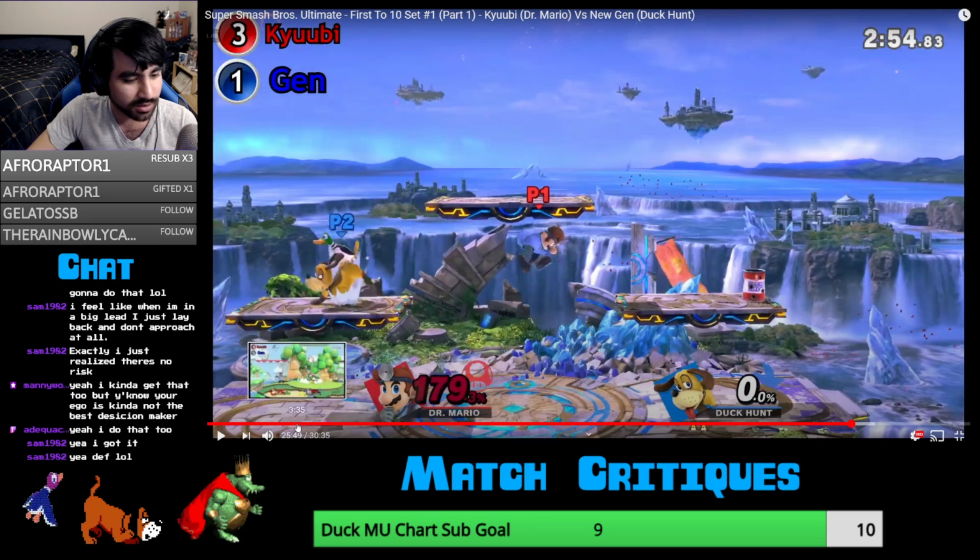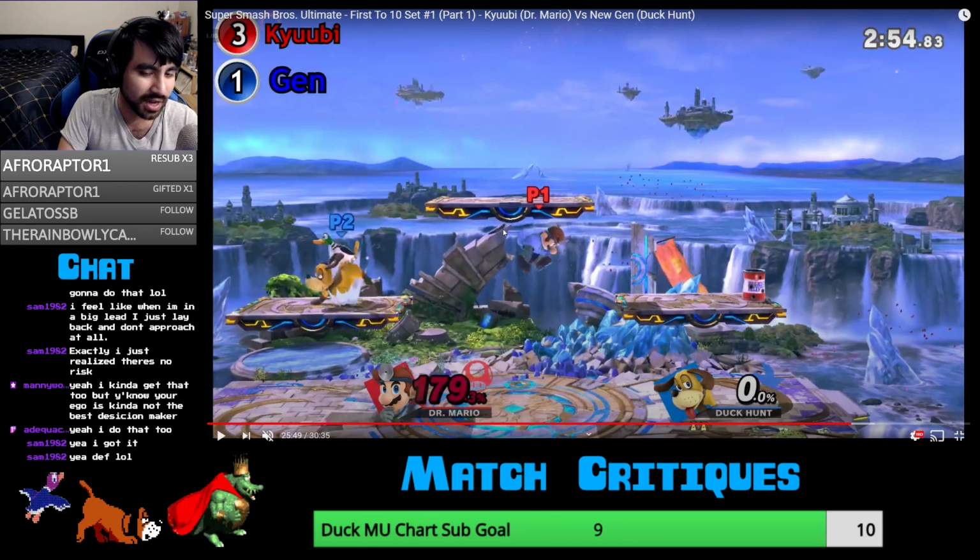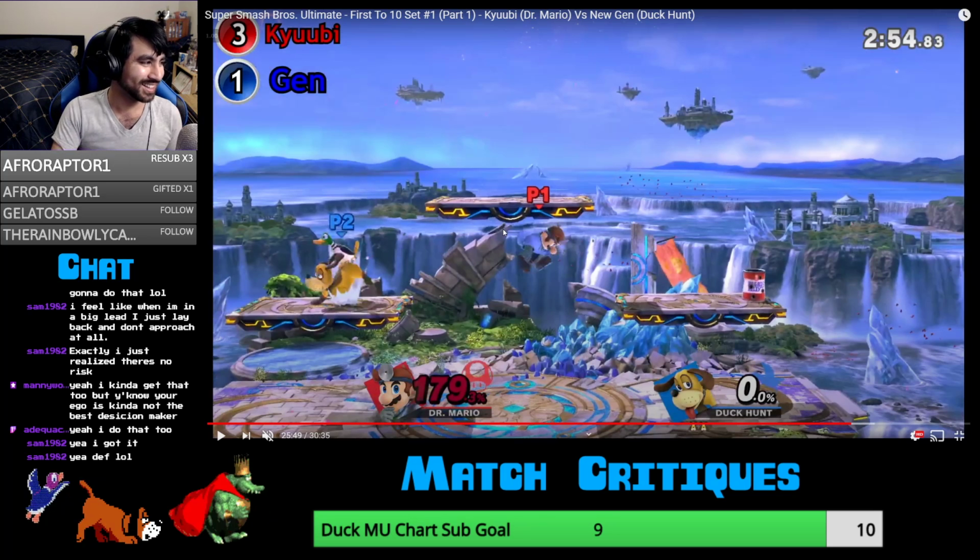Overall, it was pretty straightforward for you. And then obviously with a matchup like Dr. Mario, just don't approach. There's never going to be a reason for you to ever approach Dr. Mario. Unless there's like 1 minute left and you're like,